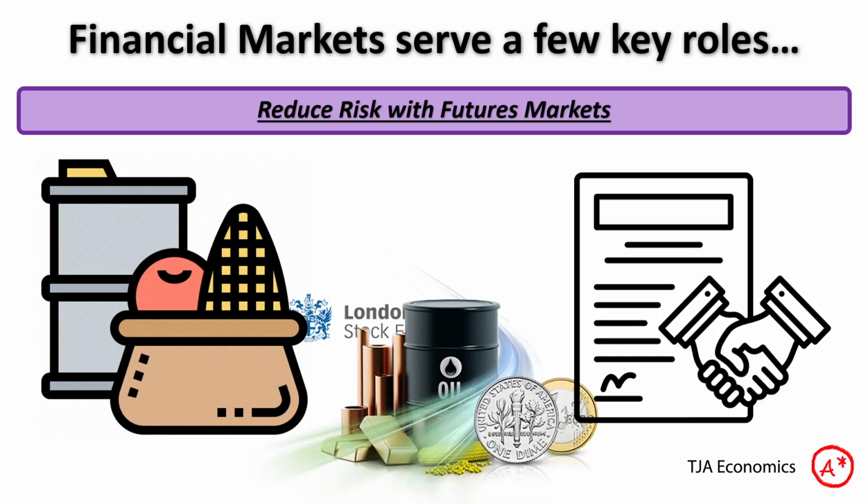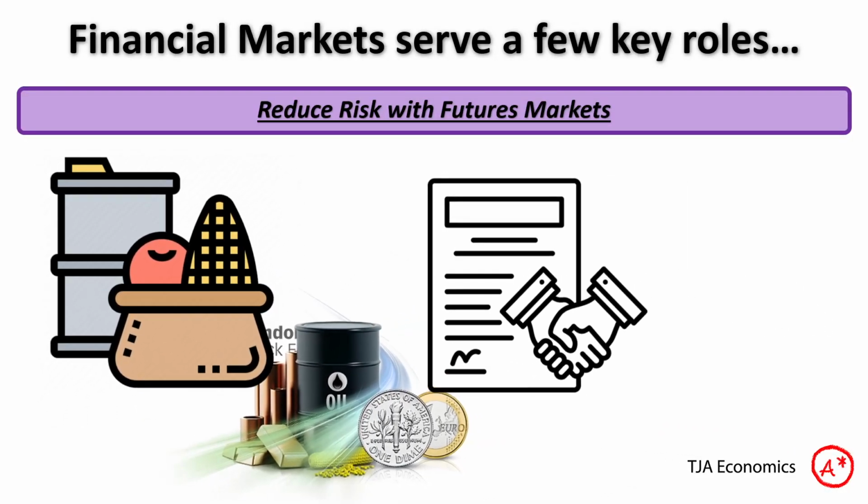And so if you're a firm that uses oil, you could write a futures contract and trade that in order to guarantee a price of oil in a year's time. Likewise, if you sell oil, you could do the same to guarantee a price in a year. That reduces your risk because you know exactly how much the price of oil is going to be for you in a year, and therefore you can plan accordingly.